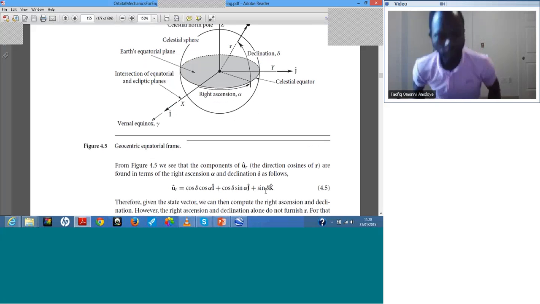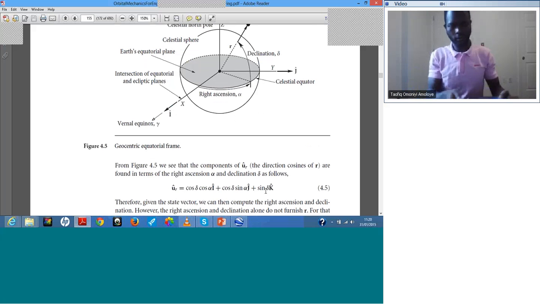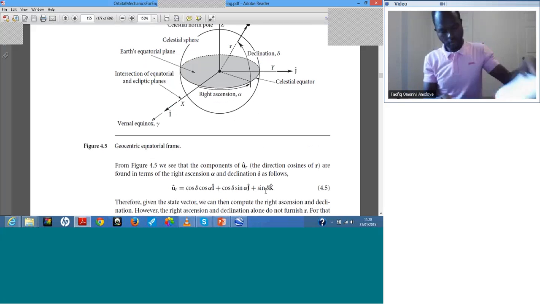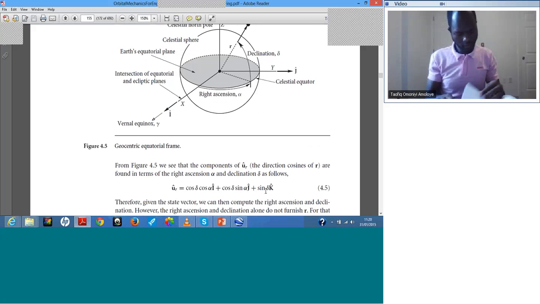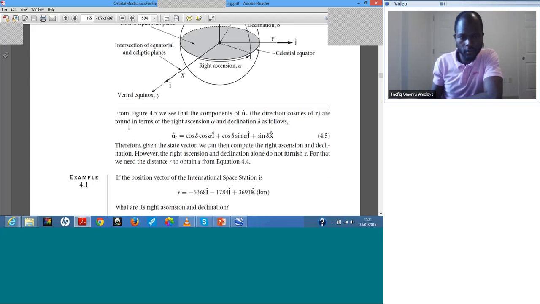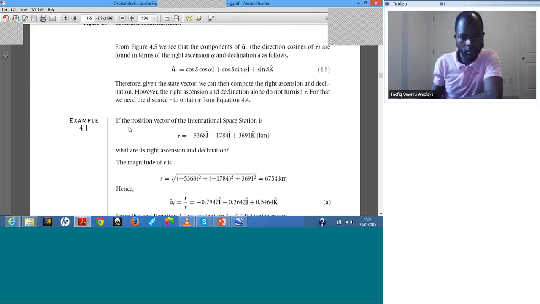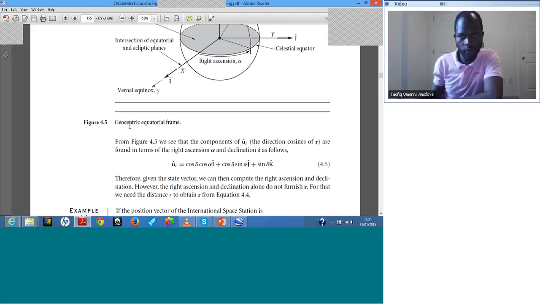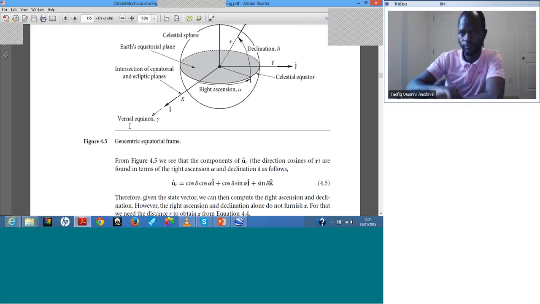So if we try to see how this comes about, we know that if we have a vector,